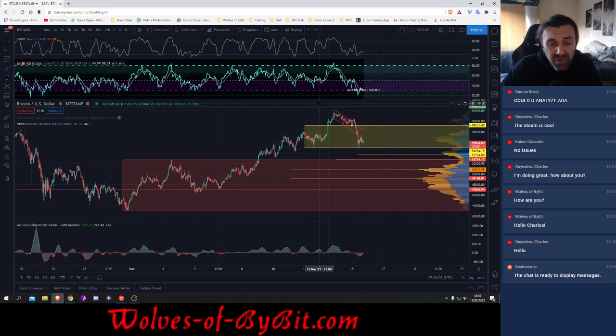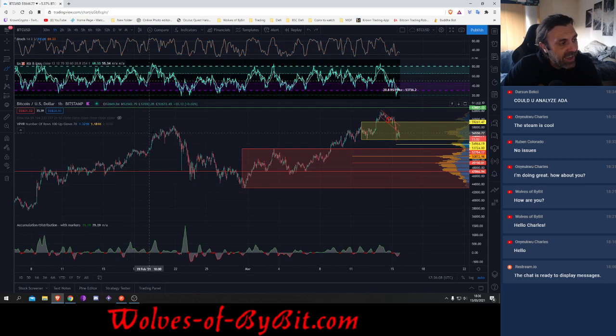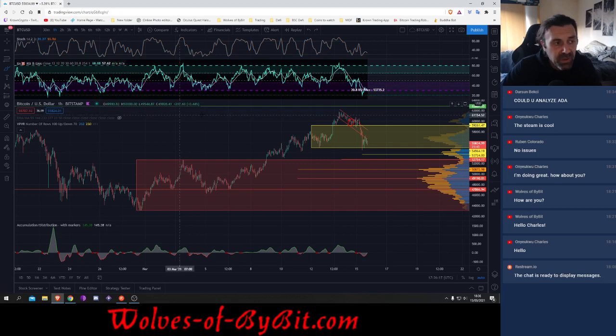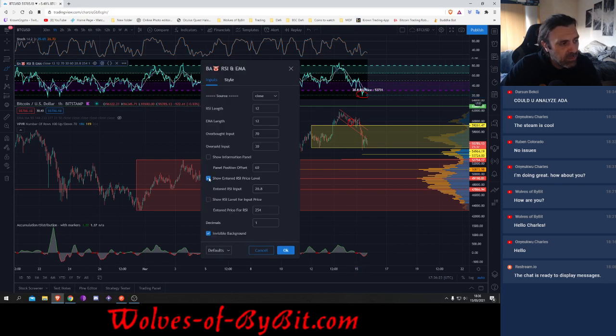But does this mean that it's going to hold right now? We're in a make or break situation. So yeah, of course, we all know the dead cat bounces, something like this, where we go further down for another bounce. So the key area to keep our eyes on right now is this local low on the RSI right here. I'm going to remove the text so you can see what I'm talking about.